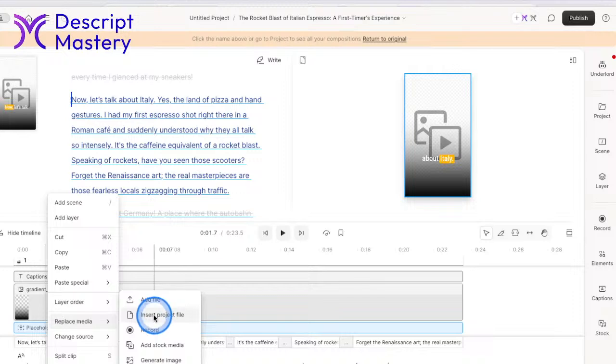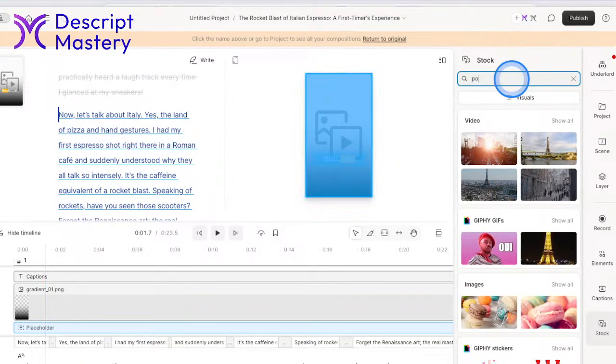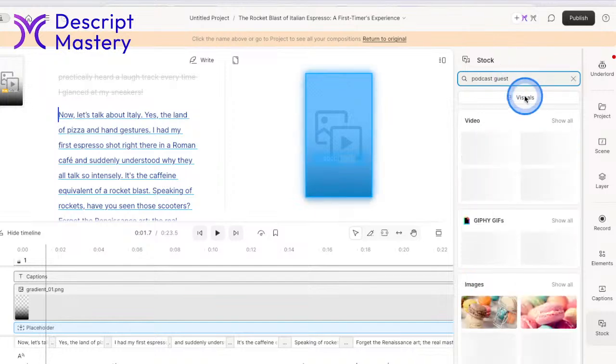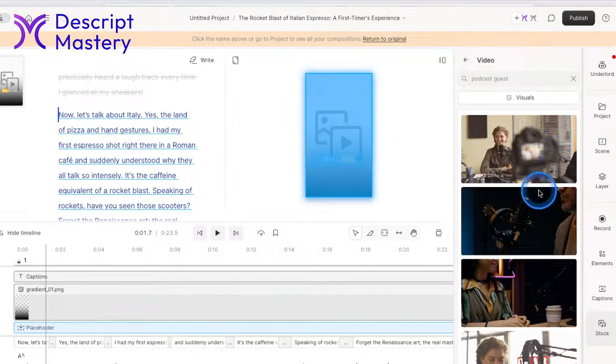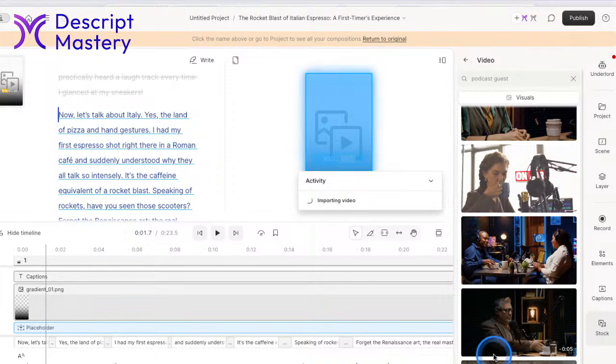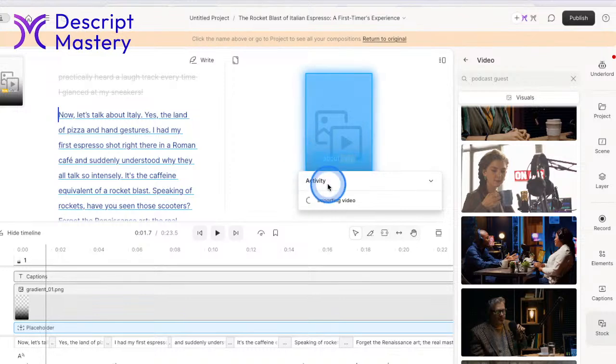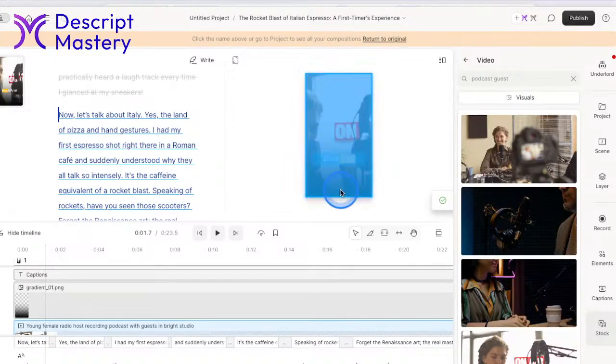I'm going to just do stock media. Why not? Let's type in podcast guest, something like that. And let's find one that we like. Let's do this. I just clicked on it to add it. Notice that the placeholder layer is pulsing blue. So it just got replaced by the video that I chose.